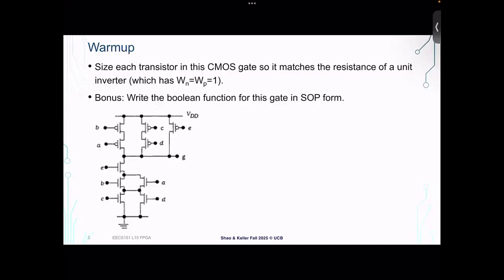All right, how did we do? So Tuesday's lecture on logical effort and sizing complex gates, or figuring out the delay through complex gates, that's not in scope for the midterm. But you do need to know how to size the gates, as in this example here. So this idea of sizing a gate to match a unit inverter, figuring out what the transistors need to be set to sort of intrinsically for the topology of that gate